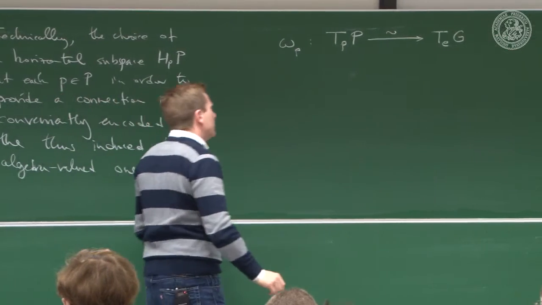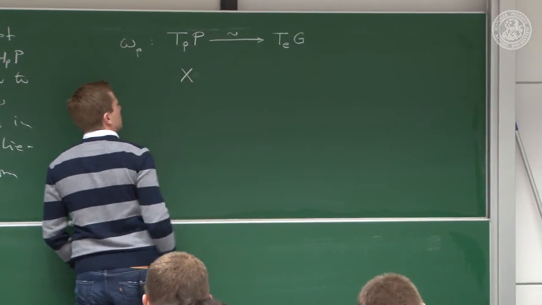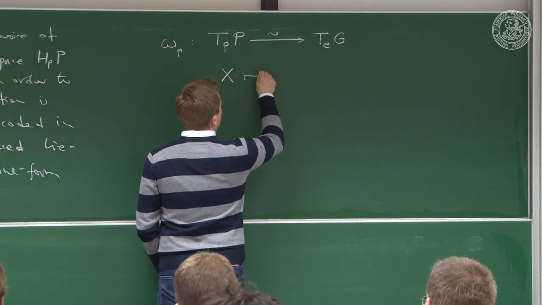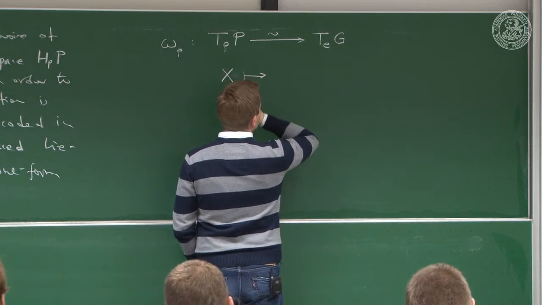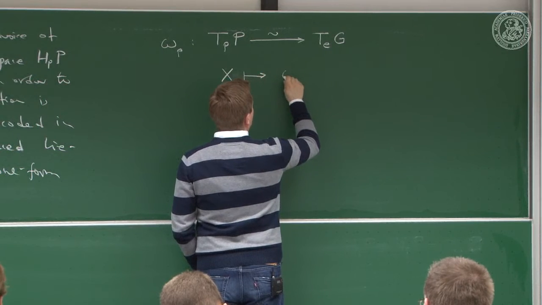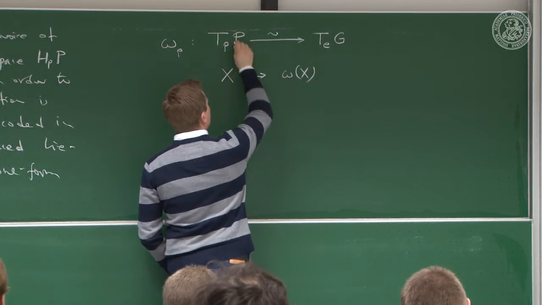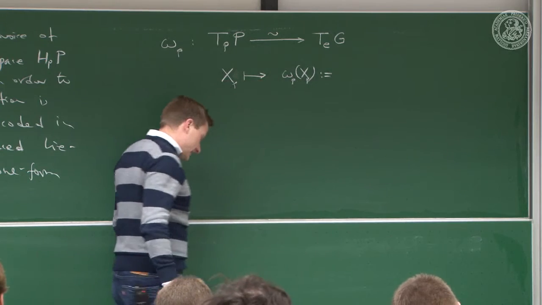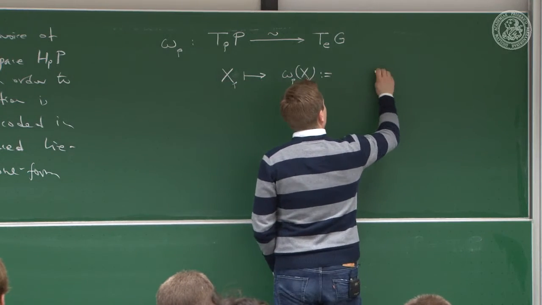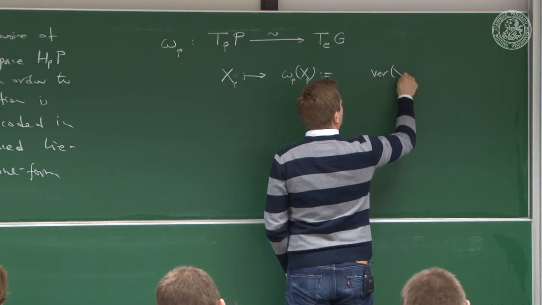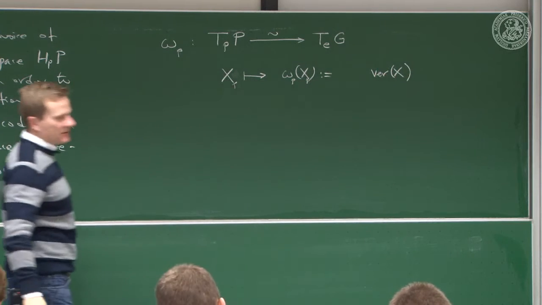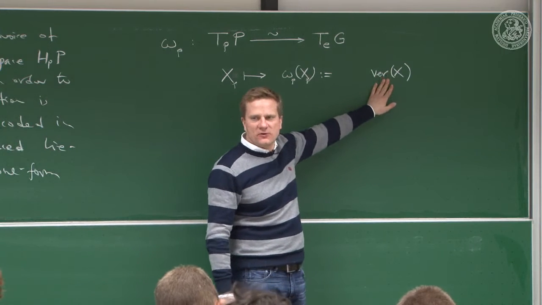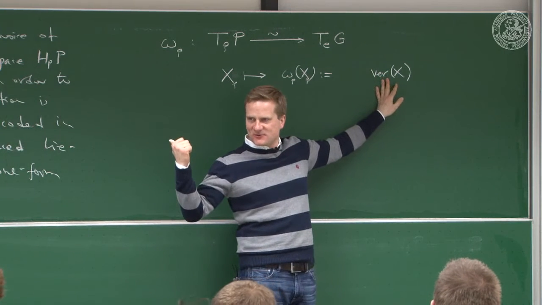It does so by taking a tangent vector to the principal bundle, and it maps it to omega of x. So it's a vector at the point P, omega_P at x_P, and this is defined to be, well, we first look only at the vertical part of the specified vector. At this point we might think this has nothing to do with the choice of horizontal subspace, but of course it does. That's the content of the